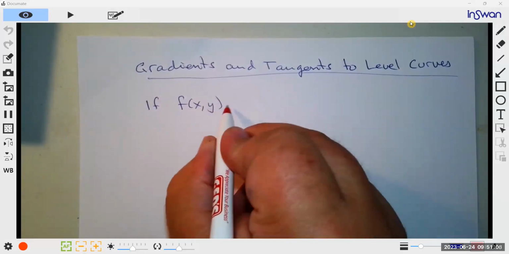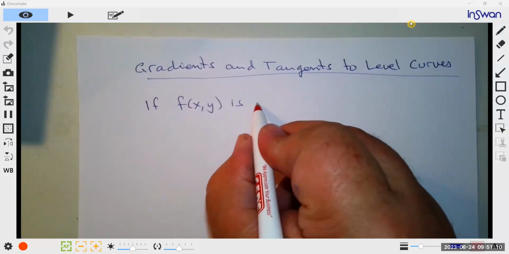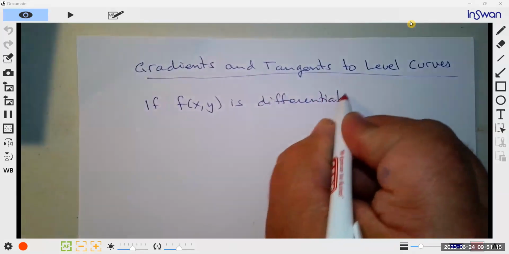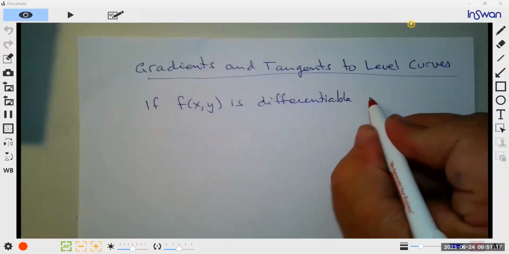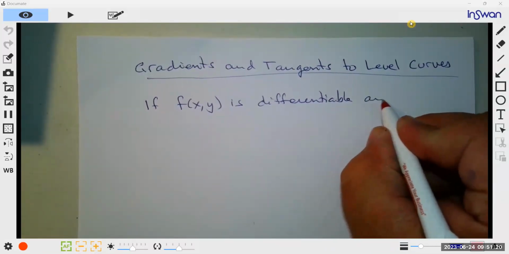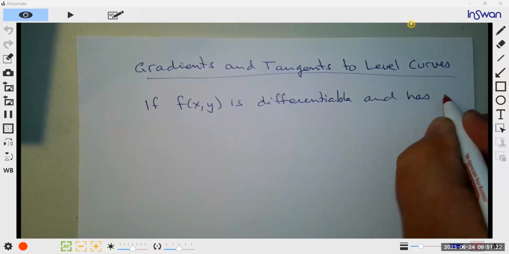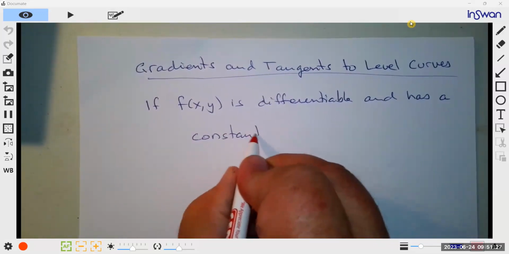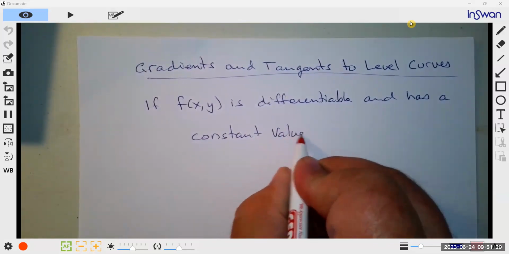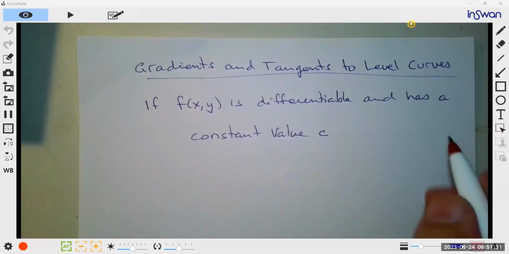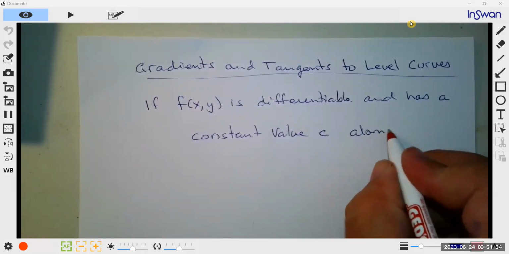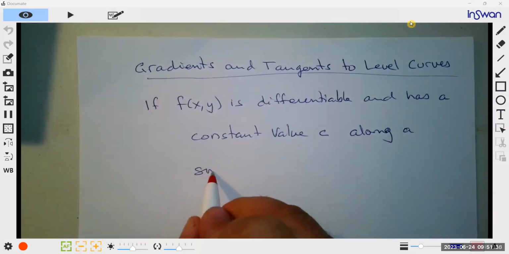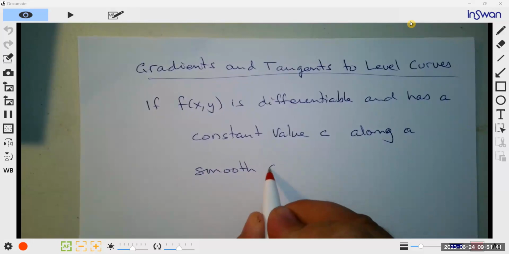If f of x, y is differentiable and has a constant value c along a smooth curve,